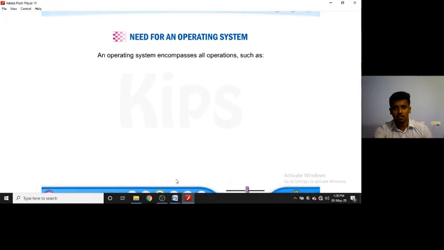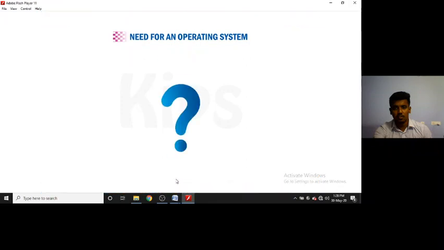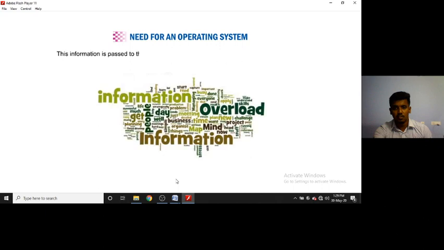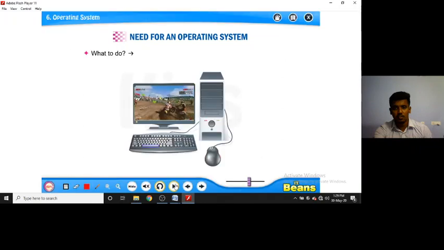An operating system encompasses all the operations of what to do, when to do, and how to do. If you have to perform an action-based stunt during the game, you simply press the required buttons in the given order. When you press the space bar to move an object, how the object moves is what to do.